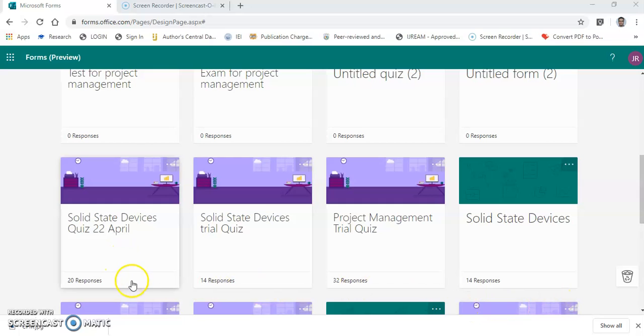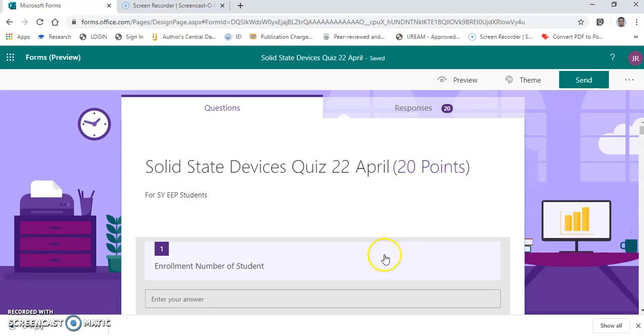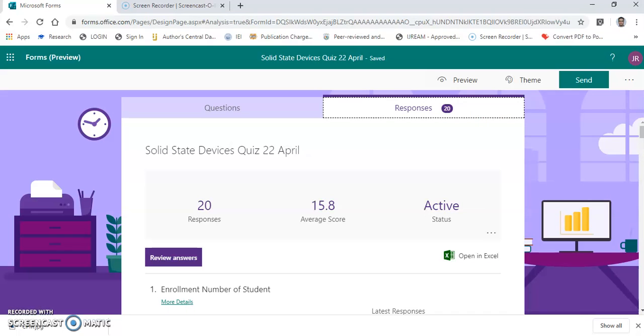Once our students access our quiz, it generates an automatic response. So let us take the example of this quiz where we have 20 responses. As you can see, how many people responded to your quiz is also visible over here. So I am going to click on this tab. So this was the quiz which I conducted for my students. Just beside the question tab, you can see responses. 20 responses are received for this quiz. If I select it, I can access the responses given by my students.